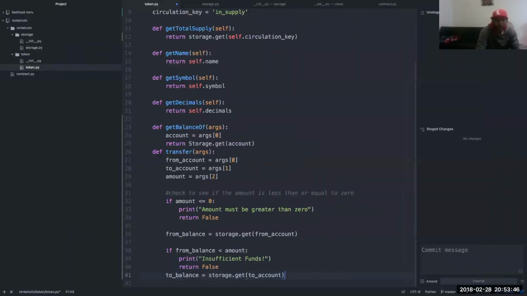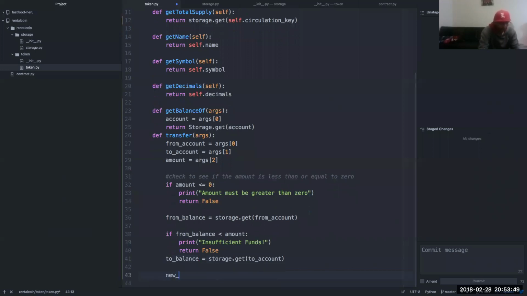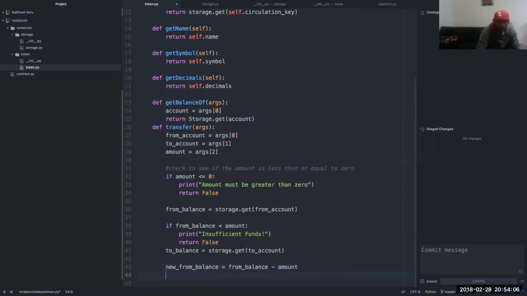All right, so the new from balance equals from balance minus amount, and the new to balance equals to balance plus amount.